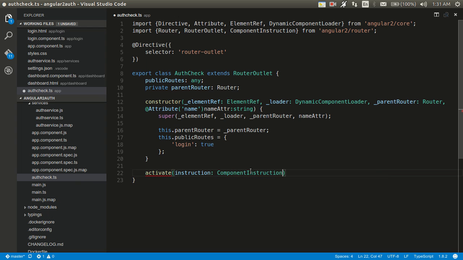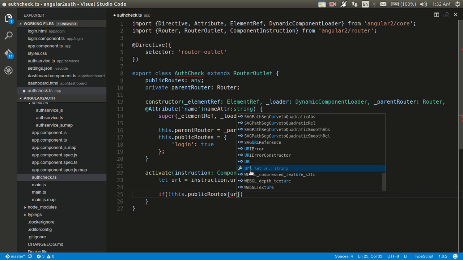Component instruction, then let the URL be instruction dot URL dot params path, and then if not public routes, we can't use public routes directly. Let this dot public routes URL,